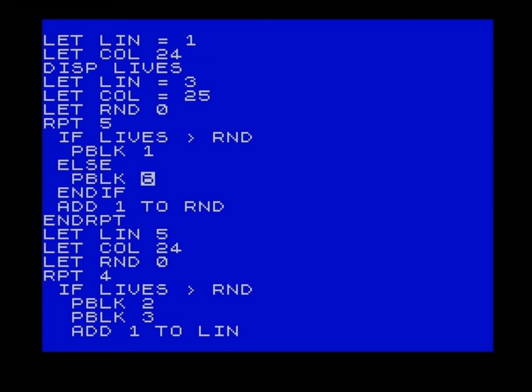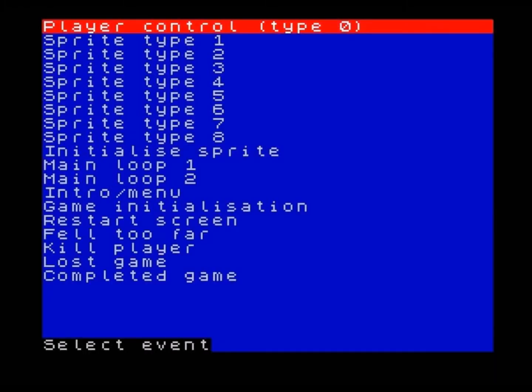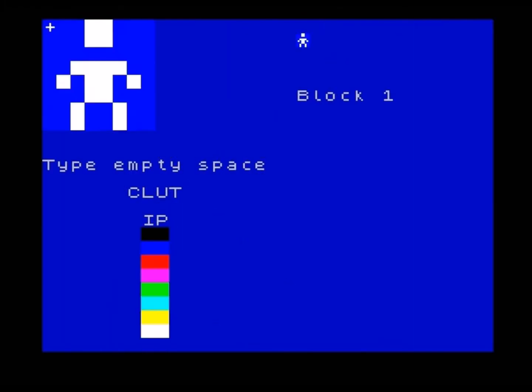So if you, for example, pick up an extra life or something like that, then you can run this code again, and it will automatically overwrite anything that was previously displayed. Okay, so let's take a look at the blocks again here,